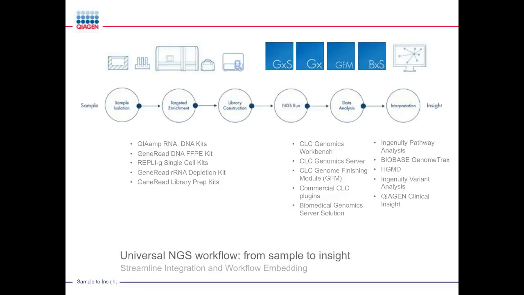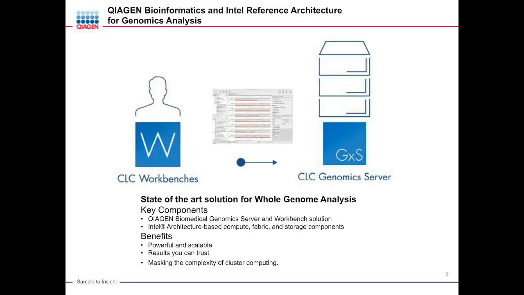And what we are going to focus on today here is what we call the secondary analysis, which is analyzing the data loaded off the sequencing instruments. That is the most compute-intensive part of the workflow, and thus also the part of the workflow that requires most compute resources. So that's where it's actually relevant to talk about what kind of compute infrastructure do you actually need to be able to accomplish this.